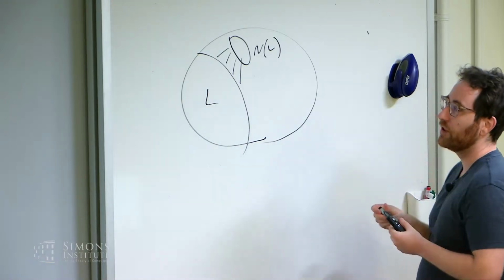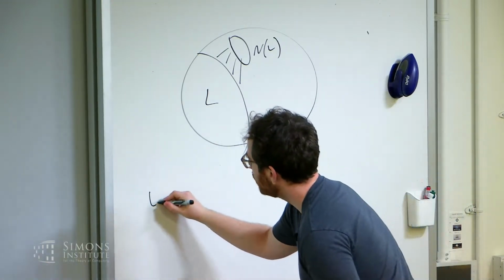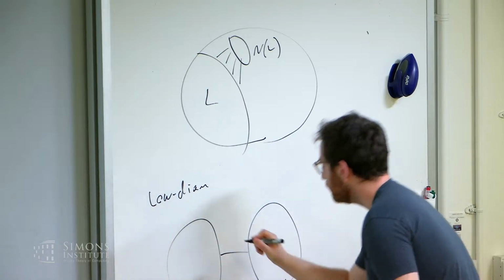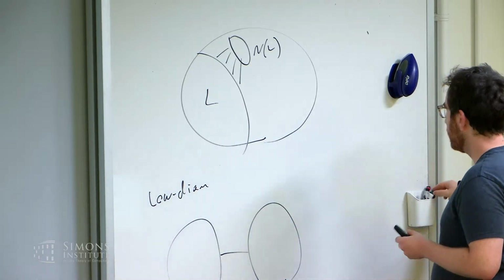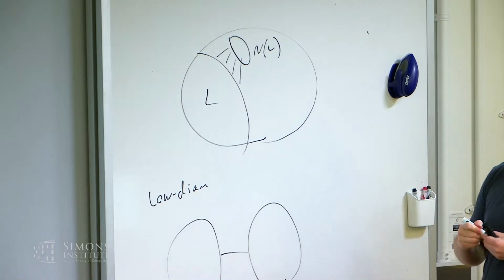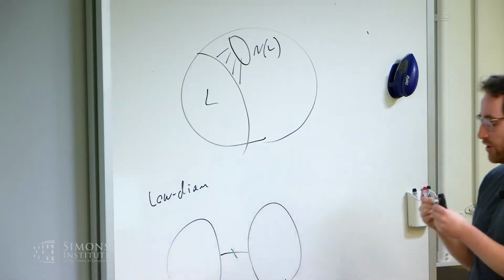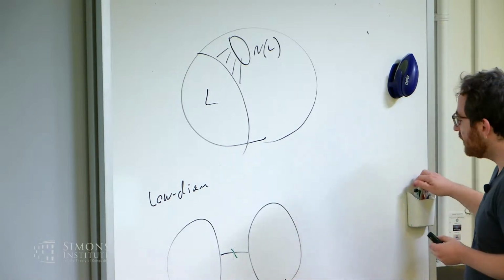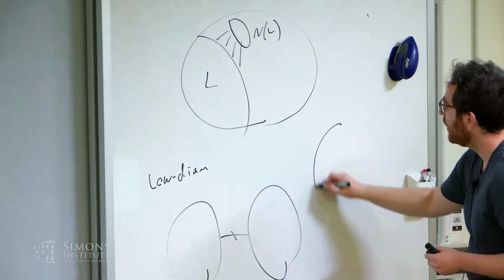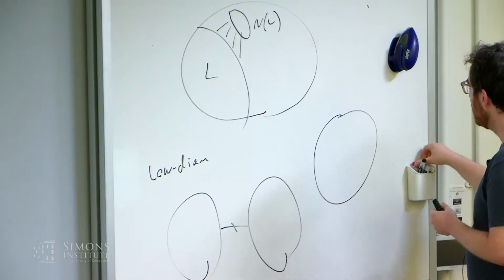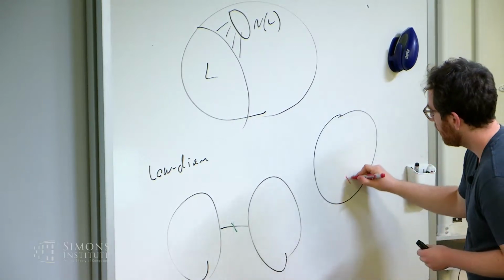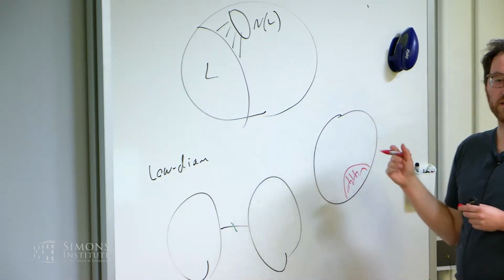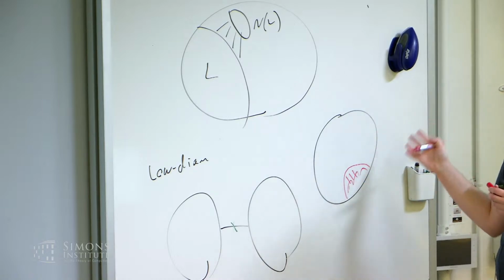I think it's worth having a contrast here. So here is a low diameter graph that looks like this. You have two cliques connected by a single edge. This graph is low diameter, but it's very not robust to edge deletions, in that if the adversary deletes this one edge, suddenly your whole graph decomposes. An expander, however, cannot have this. So if you have an expander and the adversary deletes a small number of edges, it might be the case that the deletion causes a small part of the expander to stop being expansive, to leave, but it cannot ruin the whole expander. It cannot ruin half the expander.